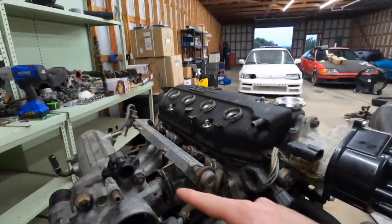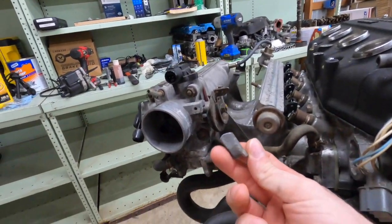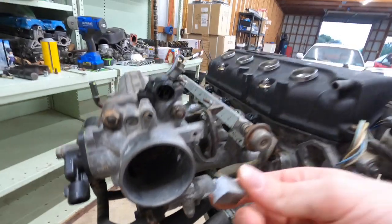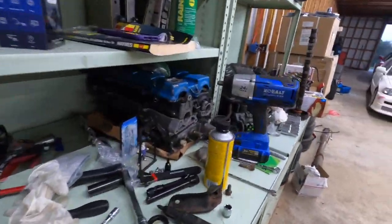Well, it did. I got this one out and then I was trying to do the bottom one and you can see there's no tab there because the thing broke off. Now there's a hole in the throttle body right here. So yeah, I made a boo-boo, but I grabbed some